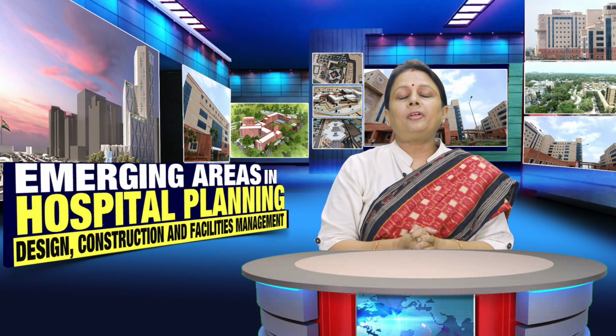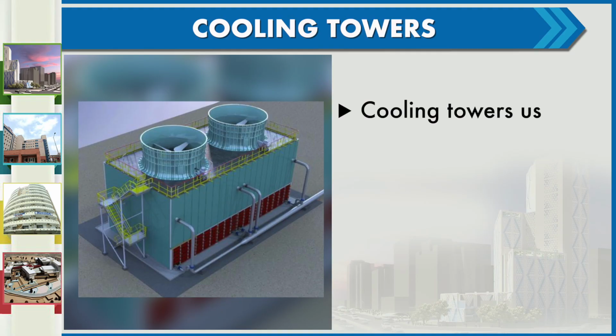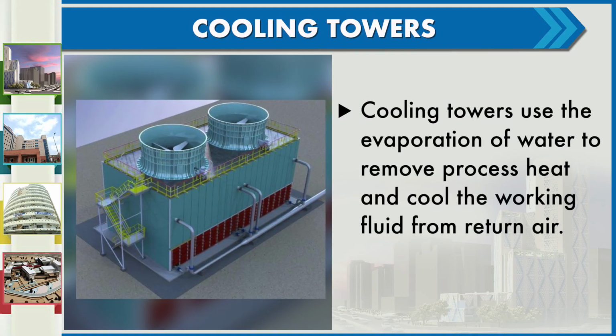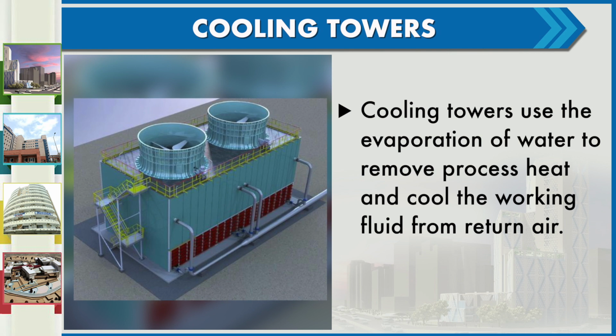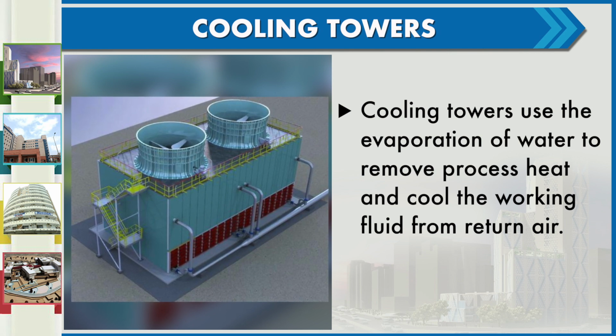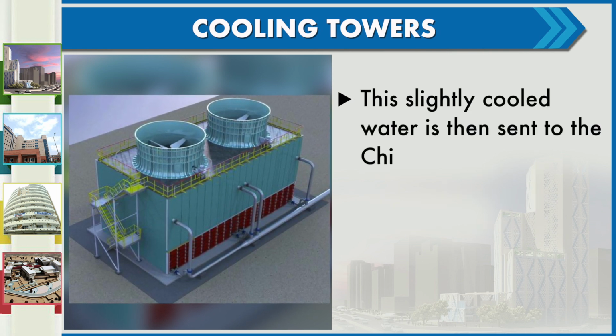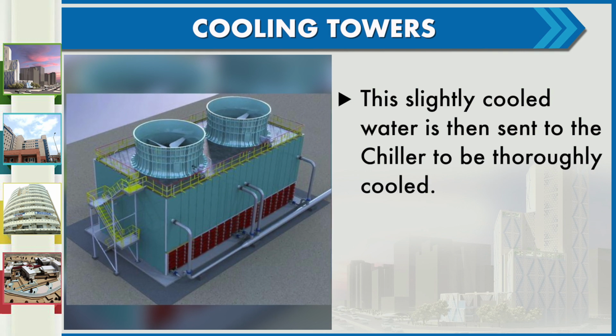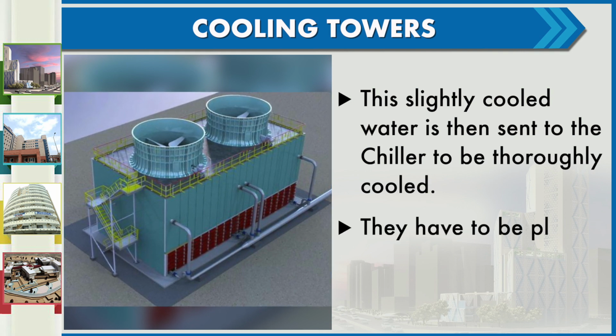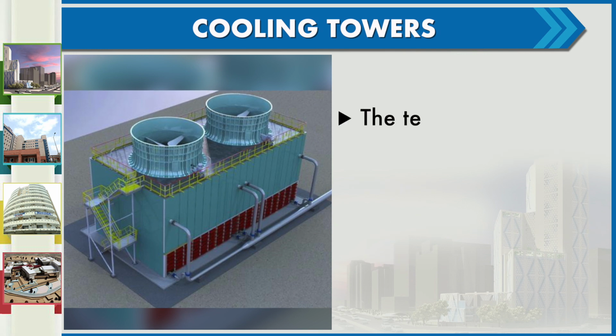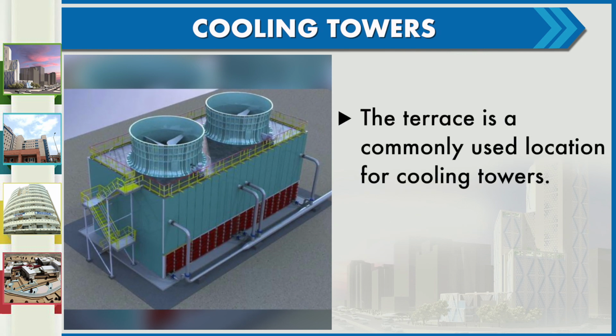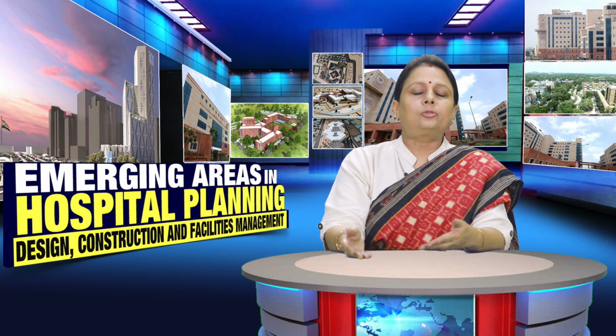The next component of HVAC is cooling towers. Cooling towers use the evaporation of water to remove process heat and cool the working fluid from the return air. This slightly cooled water is then sent to the chiller to be thoroughly cooled. Cooling towers have to be placed in the open. The terrace is a commonly used location for cooling towers, even though they can also be placed outside in the